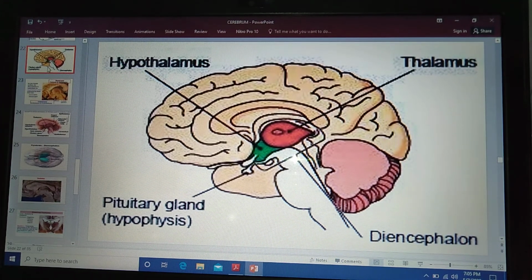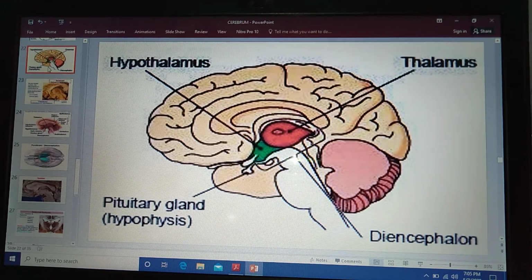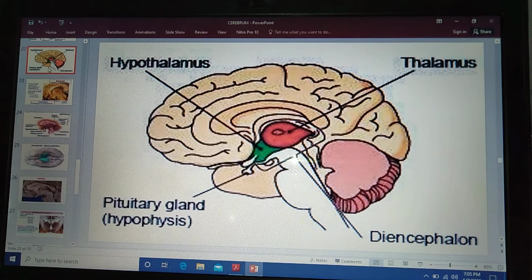Now the diencephalon is a middle structure which is largely embedded in the cerebrum and therefore hidden from the surface view. You cannot see it from the surface. It is largely embedded in the cerebrum. Its cavity forms the greater part of the third ventricle. The hypothalamic sulcus, extending from the interventricular foramina to the cerebral aqueduct, divides each half of the diencephalon into the dorsal and the ventral parts.